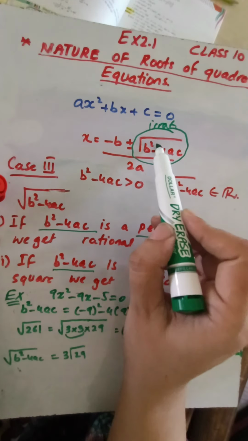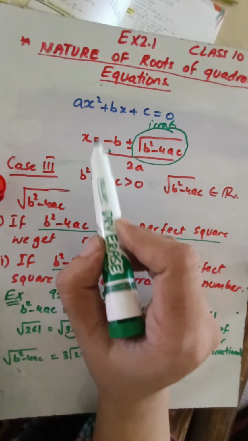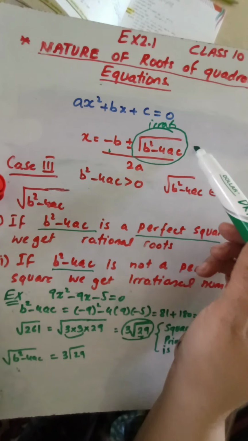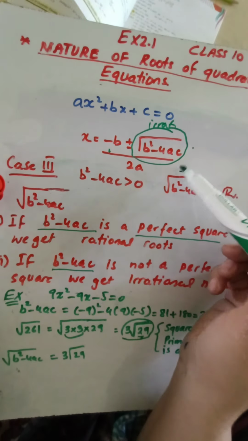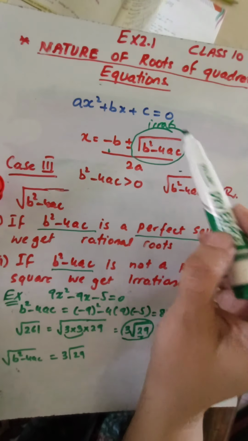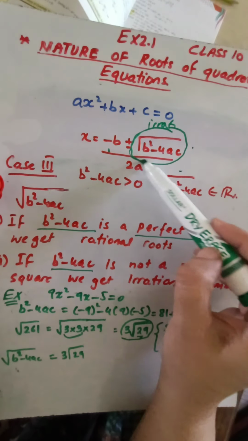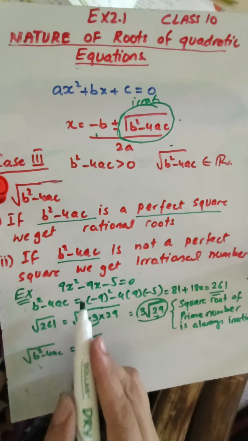Okay, and when an irrational number is added to any number, it will always give you an irrational number. So we are getting an irrational number in the numerator. An irrational number divided by any number also gives us an irrational number. So overall this whole number will become irrational because of this. So let me prove it for this example.